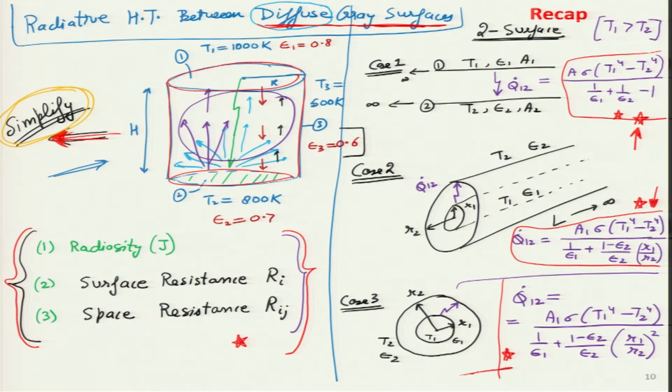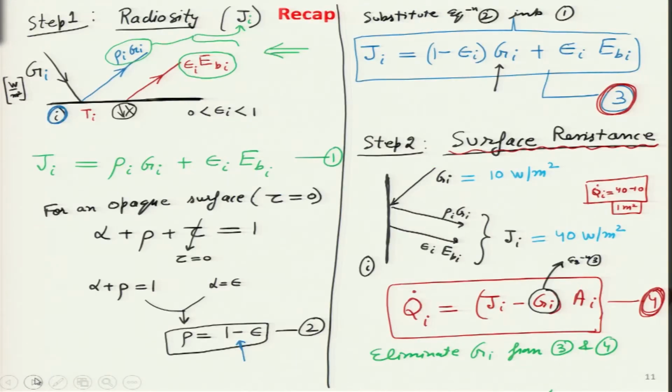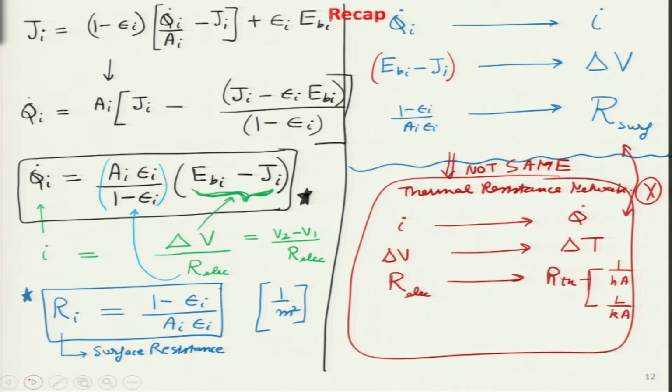And as a proof of that, I had just shared these three expressions over here with the students that of course, very soon things will become simplified, but we have to go through this process. So, radiosity we started off earlier on, with that we wrote this expression over here. This is simply conservation of energy. Then we looked at how we would define the surface resistance. Over there we again defined this second term. This is again an energy balance. We combine these two equations together and we get a very nice equation over here, which I am highlighting with a red box.